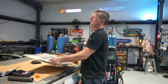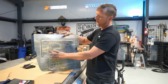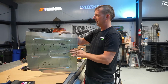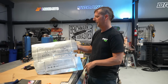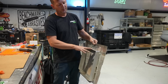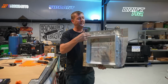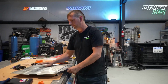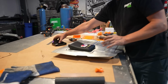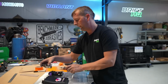All right, so we have reinforced the back of this, and I also didn't want to put a bunch of bolt holes through this besides the ones that are going to hold on the CAN hub, ECU, and whatever the hell it is, PMU. So I want to be able to bolt to the back of this plate, so I made a little frame for it that'll hold it up into place, and then I'll build my brackets off of this. So the only hardware that'll be on here will be the stuff holding in the actual stuff, and also